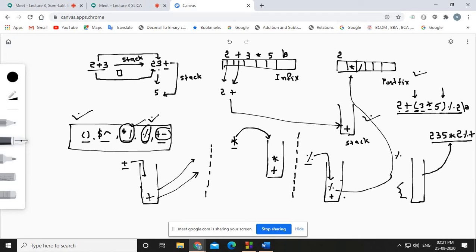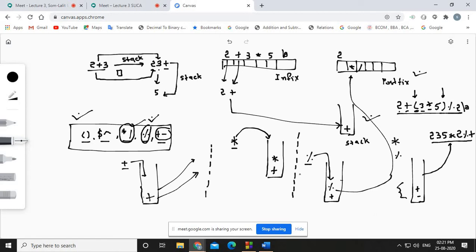So I think most of the things we have discussed or covered here, right? What to do when the opening parenthesis comes, what to do when the closing parenthesis comes, what to do if a higher priority operator comes and on the top you have a lower priority operator, right?